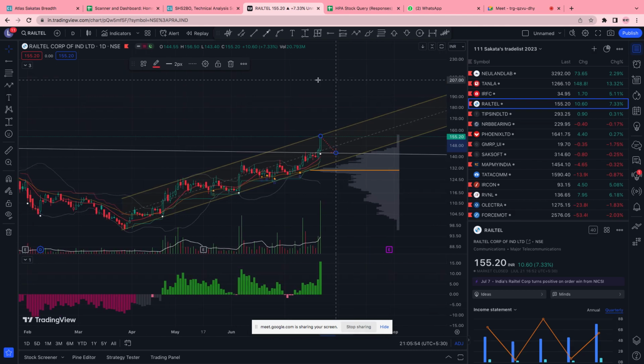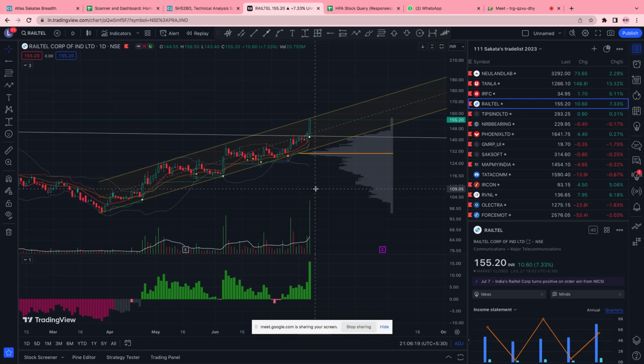But had you not played this in your head, then you'd be like, arey, I was 6-7% up, now it's nil, this that, all those kinds. So basically, what we are trying to do here right now is be prepared for all different kinds of possibilities. Of course, this is also a possibility, why not, right? And when that candle comes, then you will have to recalibrate your strategy, and where you entered, where your